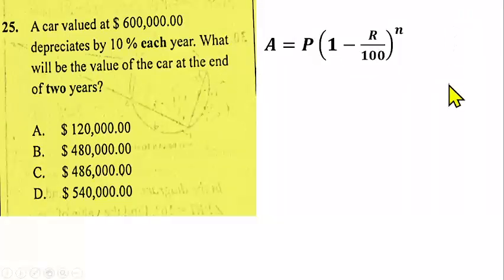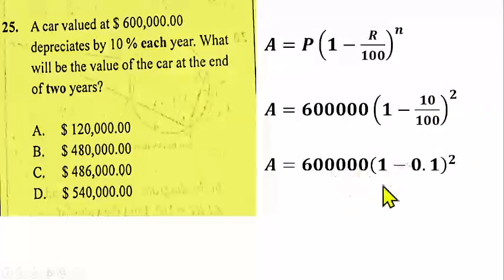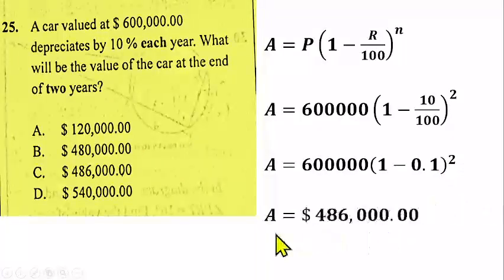So instead of doing it step by step, your P will be the principal, which is the amount of the car initially, R is the 10%, which is the rate, and n will be the number of years or period of time we depreciated. So if you substitute that, we have 600,000 multiplied by 1 minus 10 over 100, squared. Simplify that, we have 600,000 multiplied by 1 minus 0.1 squared. With your calculator, you have the amount of the car to be $486,000 after depreciation for 2 years, which is